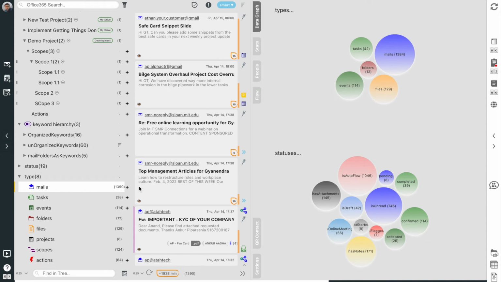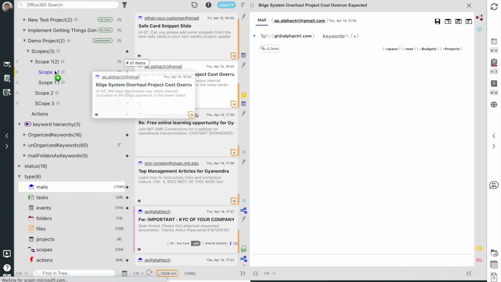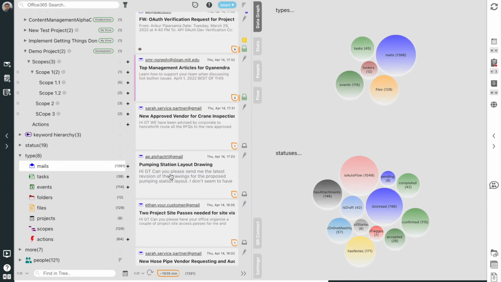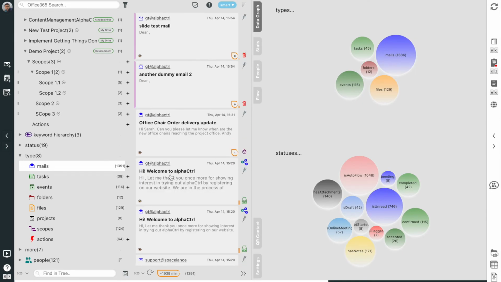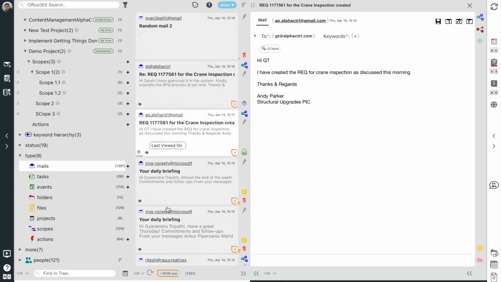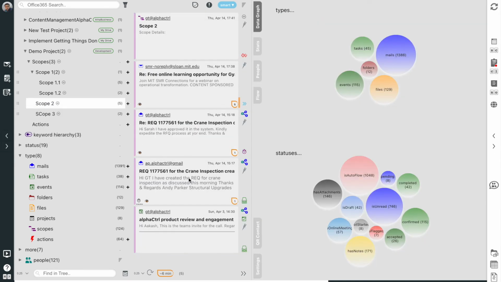And the beauty is that any emails that involve both me and my co-founder, like this one, will be organized for both under the same scope, even if only one of us organizes it. The social organization of information for the entire team, and hopefully one day, the entire company, is a massive productivity lever if utilized effectively. This governs the 3 dimensions of organization available in Alpha Control.